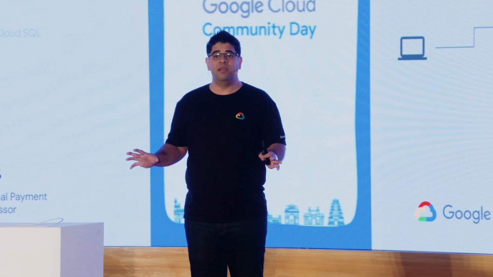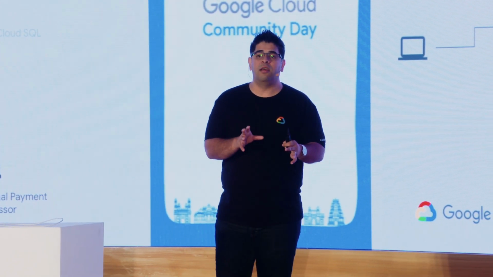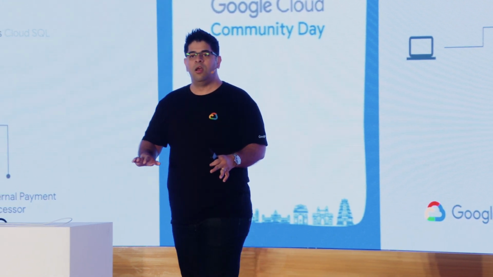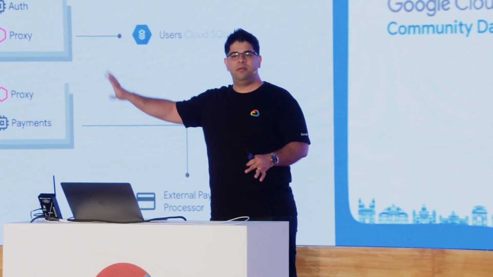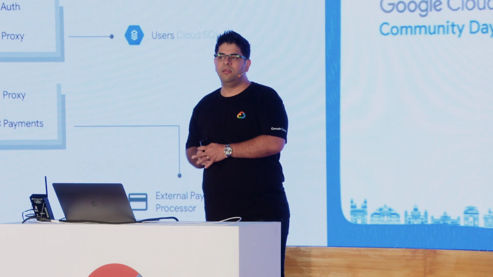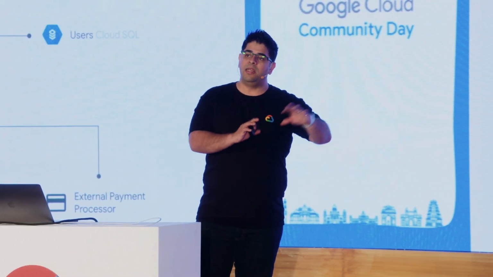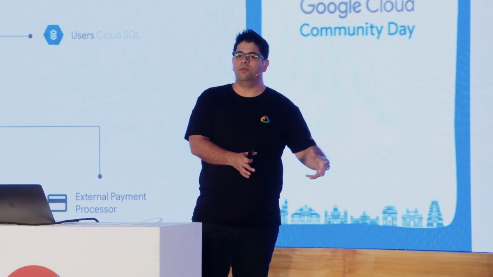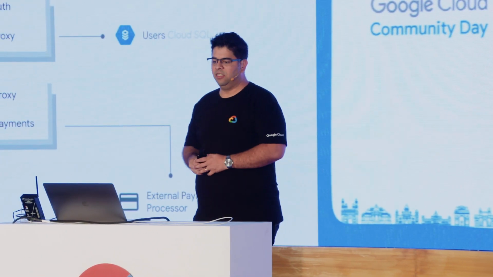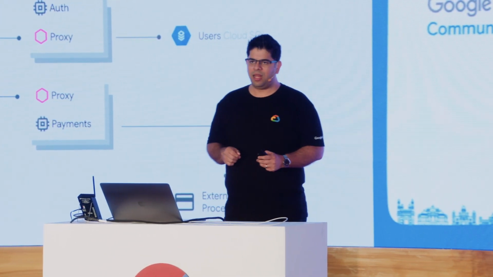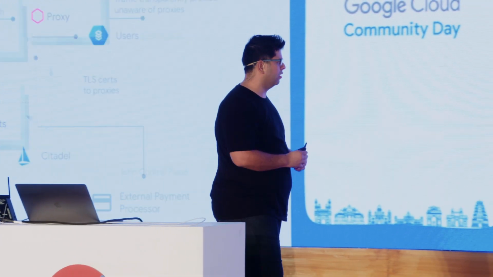And we did all of this without making changes to our application code. We have a nice, clear separation of our coding from our development team, from our developers, and then on the operations side. So we can deploy it in the way that we want to without, again, having to make these code changes. So Istio is really awesome like that. Let's talk a little bit about how Istio works.